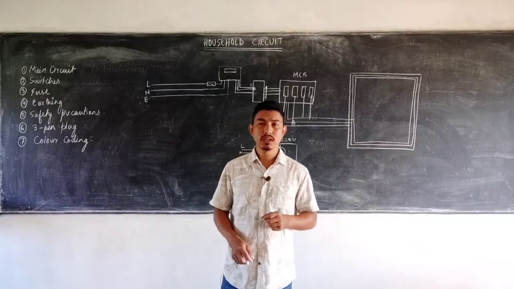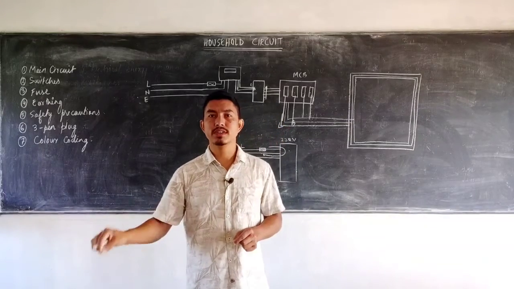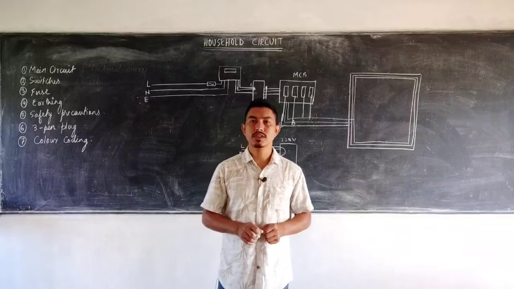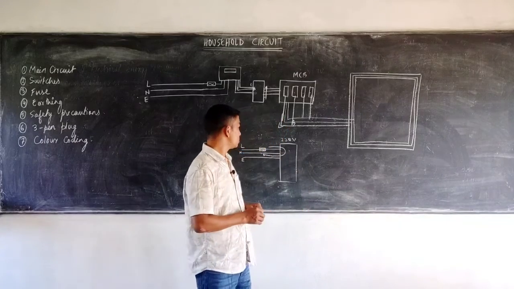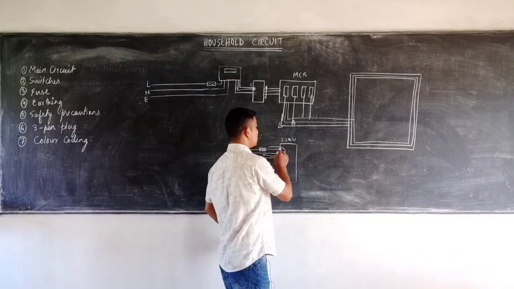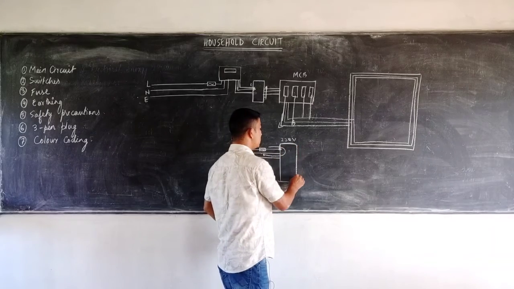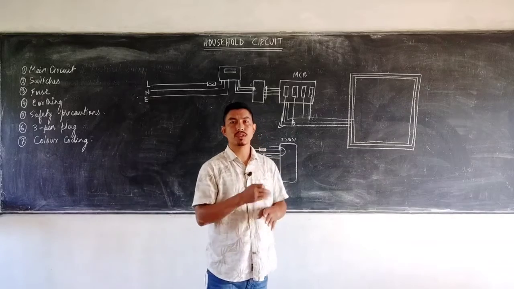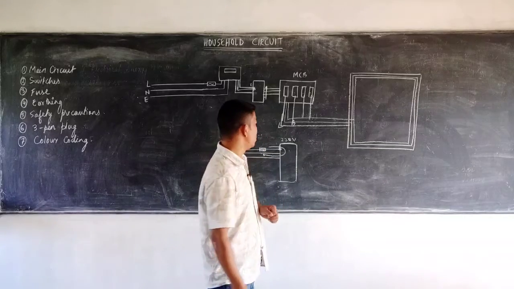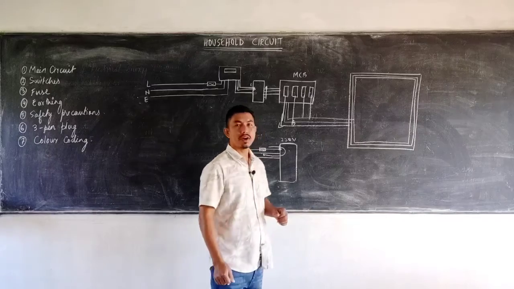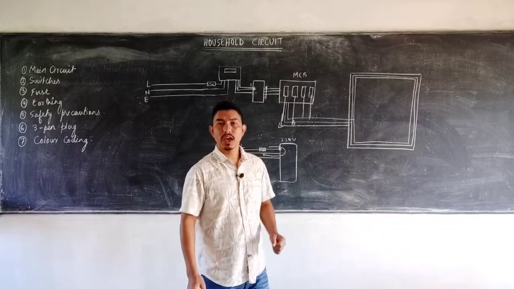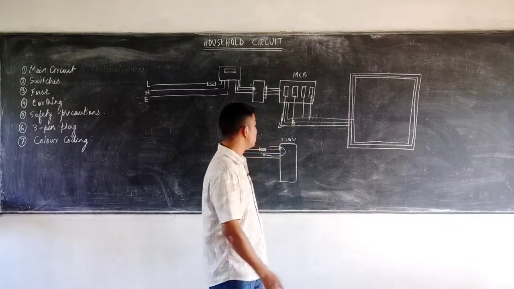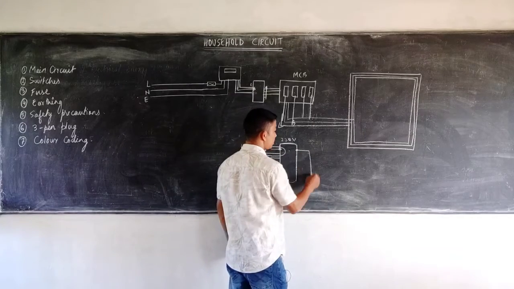So what is the earthing? The earthing is a wire that is connected to the earth. It is for a safety purpose. If there is a leakage in the current and the outer case of the device is connected to the live wire, because the device may get old or the wire's insulation may go off, then when we touch the device, the current will flow through our body and it may be a fatal one. But if it is connected to the earth wire, what happens?